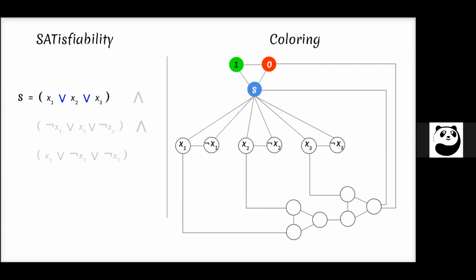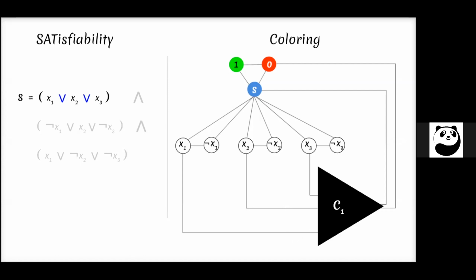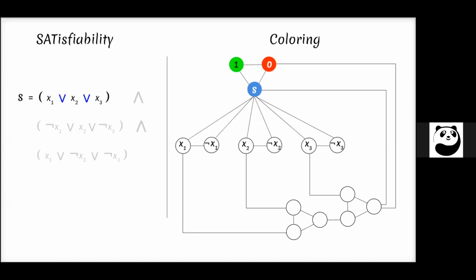So yeah, the reduction is not a systematic science, but I hope that you can see how we satisfied both conditions. How these connections take care of the fact that each variable and its negation have different variables. These edges take care of the requirement that each variable is either green or red. It must assume that color, basically. And this gadget, as we saw, enforces that this output node is green